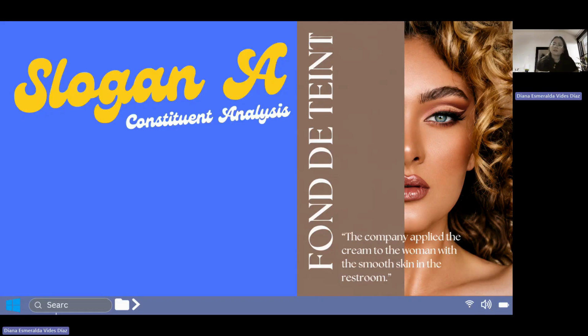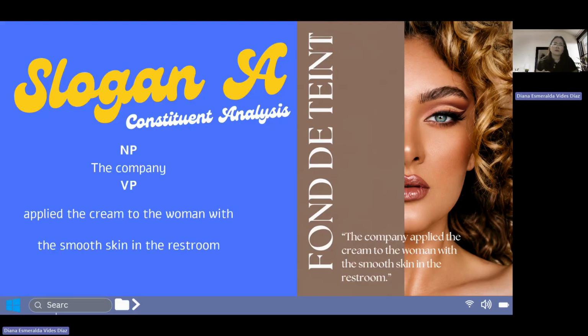Using constituent analysis, we can divide the sentence into different syntactic units called constituents. For example, here we have the company as a noun phrase, while apply the cream is part of the verb phrase. The ambiguity appears because the prepositional phrases can attach to different parts of the sentence structure, and this creates multiple possible surface structures. As you can see, we have 3 different prepositional phrases here. And as we can learn from this, using constituent analysis, the sentence can be divided into several syntactic units.